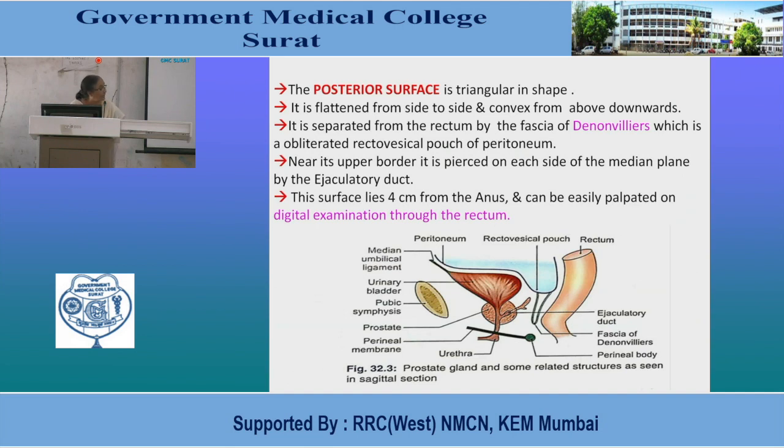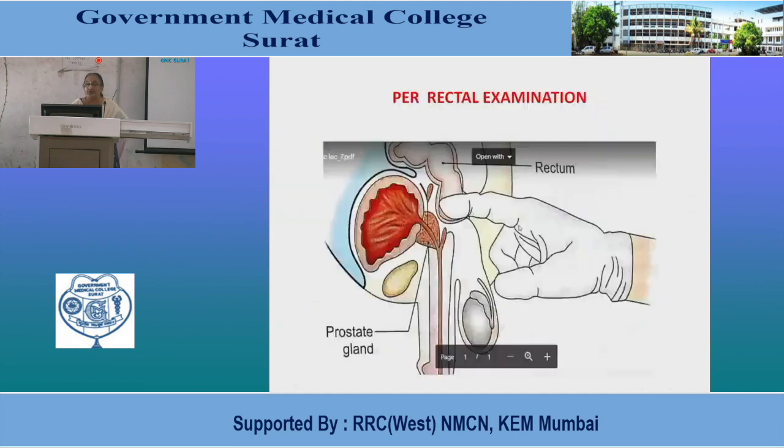If the patient is suffering from a disease of the prostate gland, a per rectal examination is done by the surgeon in the clinical setting. So it's called the digital examination through the rectum. It's called the per rectal examination, done by introducing the finger into the rectum. This is the figure you can see in the given diagram, introducing the finger into the rectum. This is the rectum and this is the surface, and here you can feel the posterior surface of the prostate gland. So the diagram shows the per rectal examination.